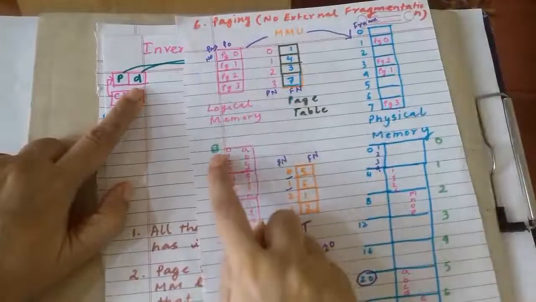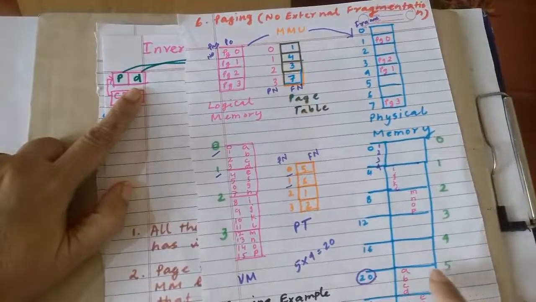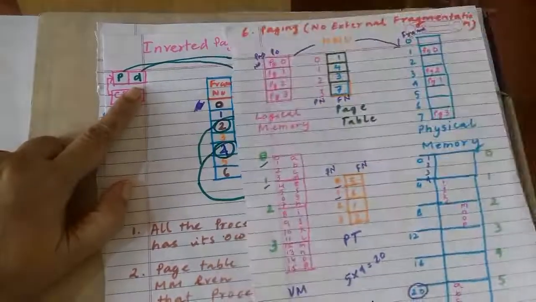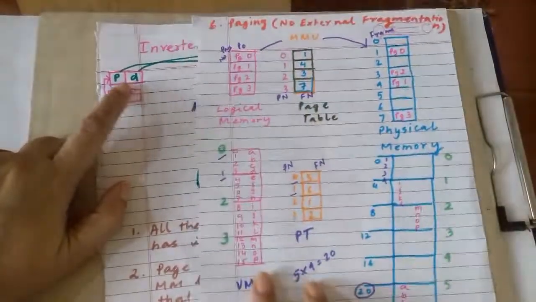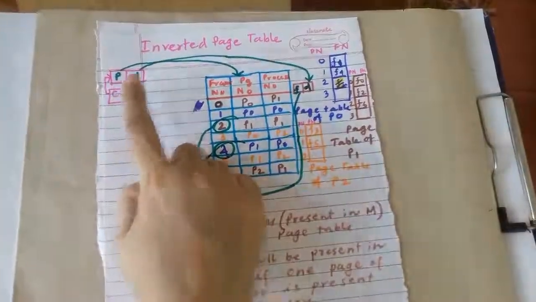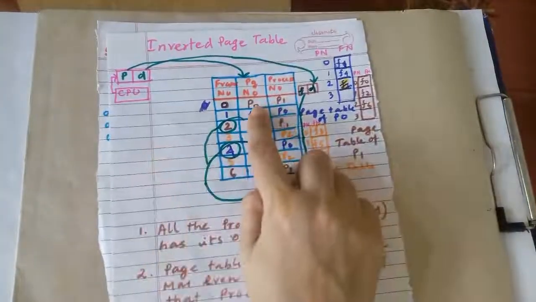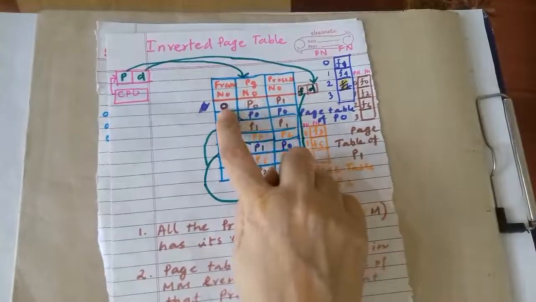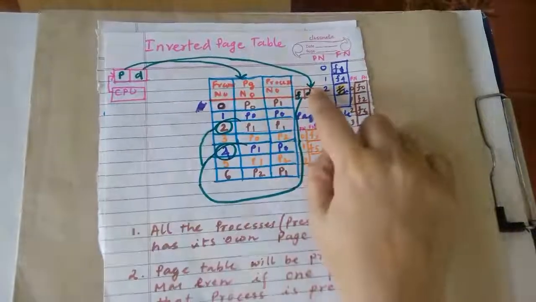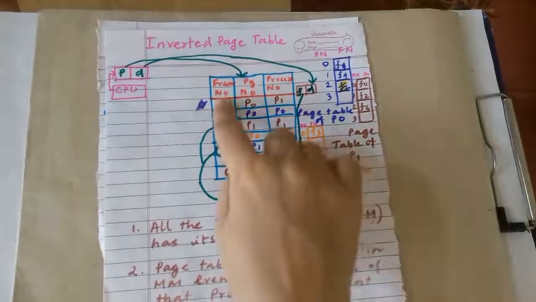So this entry will be page number 0, D will be 4. So what will happen? Page 0 is present in frame number 5. So it will go to frame number 5 and offset is 4. So A, B, C, D all 4 will be fetched. It was a previous concept, but for making that offset part clear, I have taken care of this. So here offset is D, meaning in main memory, the operating system will check that page number P0 is present in frame number 0. So frame number 0 of memory will be checked, and if offset is 4, then 4 bytes of data will be taken from frame number 0.